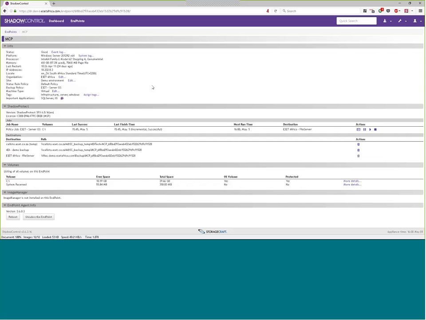So it basically just means that you can manage a large environment far more easily.